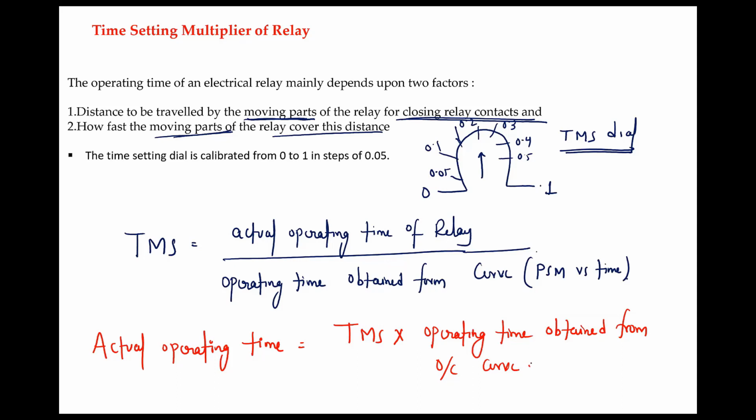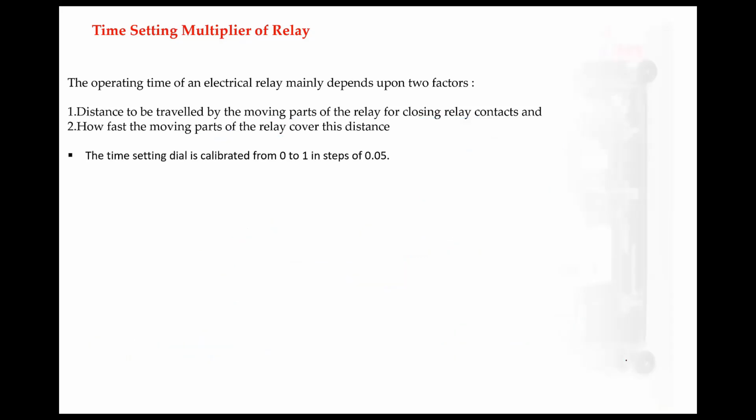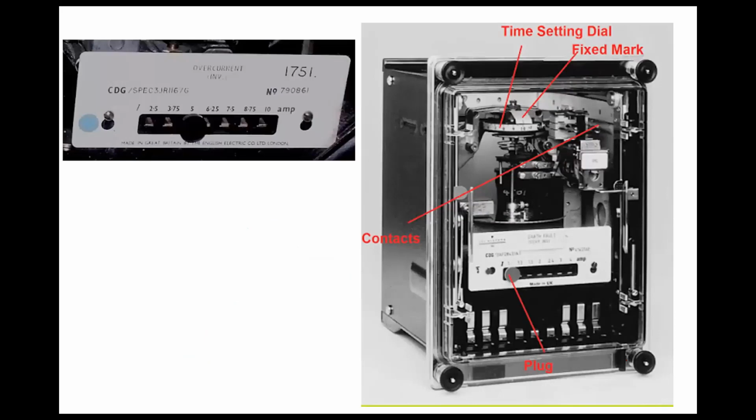So there are 4 things which are important. What are those parameters? I'll explain these diagrams, first you listen. The 4 parameters for any overcurrent relay are: one is the pickup current, next one is current setting, third one is plug setting multiplier, the fourth one is time multiplier setting. So all this is important.